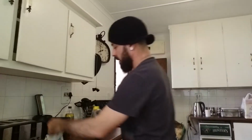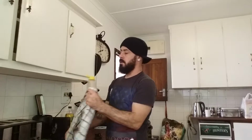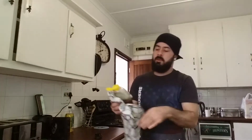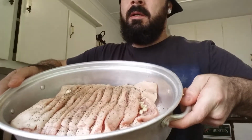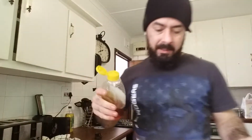Some honey. And wipe it down. A little bit sticky over there. Right. See, now I put the seasoning. Now it's looking good. Can you see? Put some honey inside that groove that you cut. So,